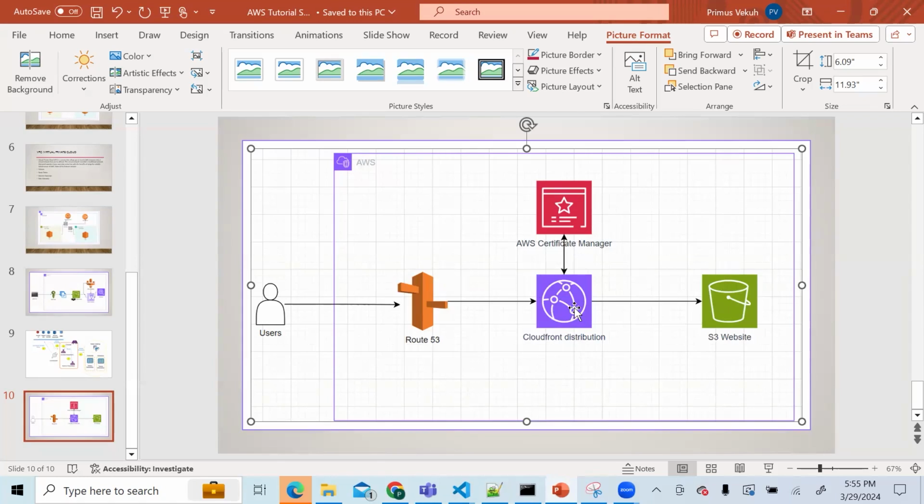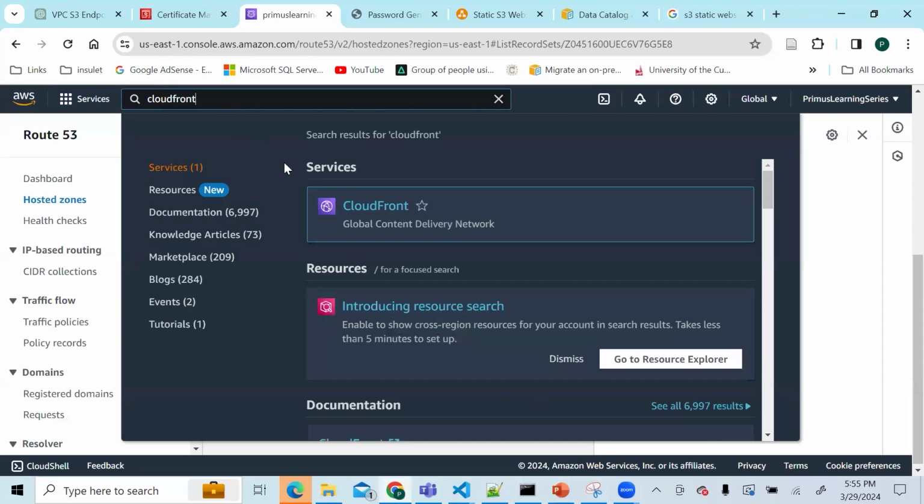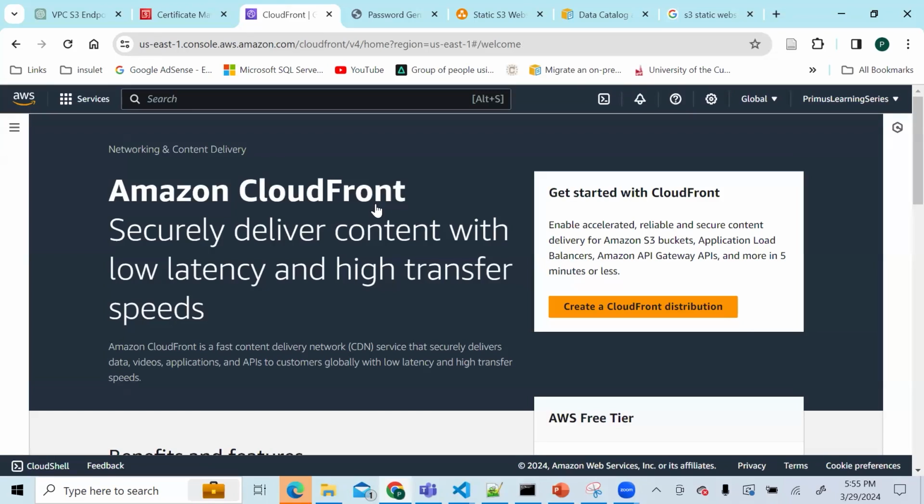Now let us go to this part. We need to create this part and then map it with this, because these two have to work together, right? We have to create this part and map it with this. As we're creating this, it has to be linked with this, and then it's mapped here so that all of them work together. Now let's go to the service called CloudFront. CloudFront is a global content delivery network that AWS hosts, right? It is a service that AWS offers, and it helps to accelerate